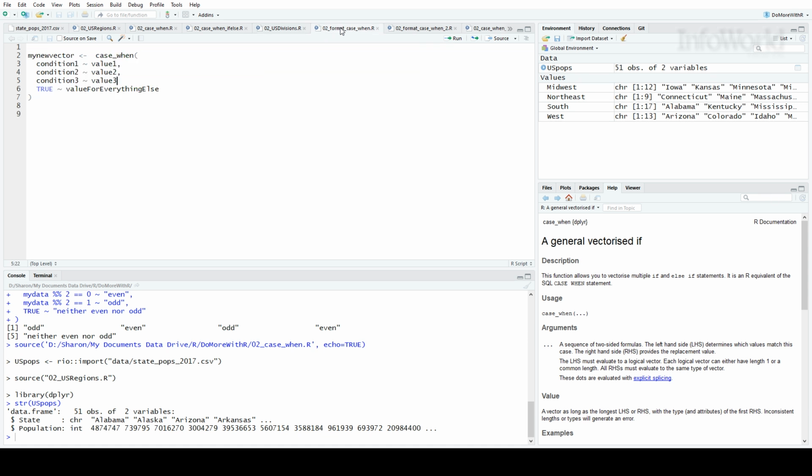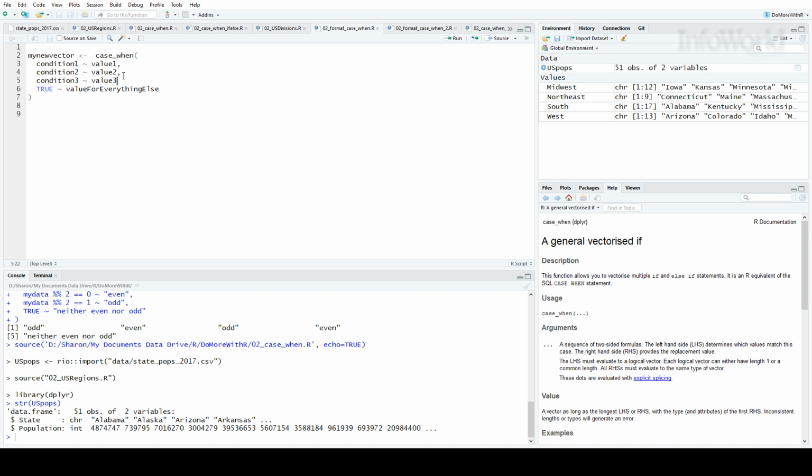So here's the syntax. Each if-then condition has its own line. The condition, the if test, is on the left, then there's a tilde, and then the value is on the right. Each line needs a comma at the end except for the last one. And if you want to have a catch-all value for everything you haven't explicitly defined, put the last condition as TRUE. I'm not sure why it's TRUE, but it is. And then that catch-all value on the right, and then you're done.